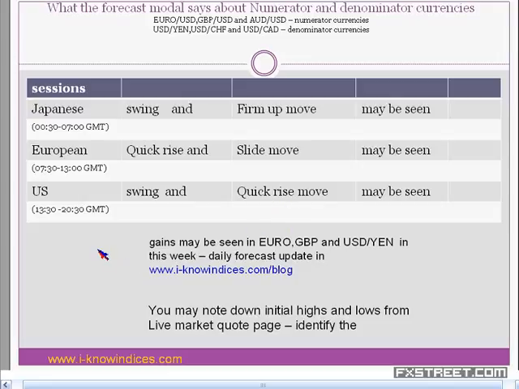So tomorrow, Tuesday, they are expected to make the USD gaining move to start with, and later on show the USD weakening move during the day. On Wednesday, they are expected to make either way moves. Initially, they are expected to make the USD weakening move during the Japanese session, followed by a slow slide all through the day, and then recover nominally during the US session. On Thursday, the market might show lackluster moves, and you may find that slow moves are happening on that day without showing any clear direction.